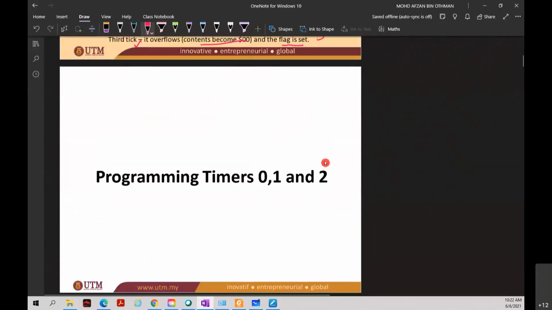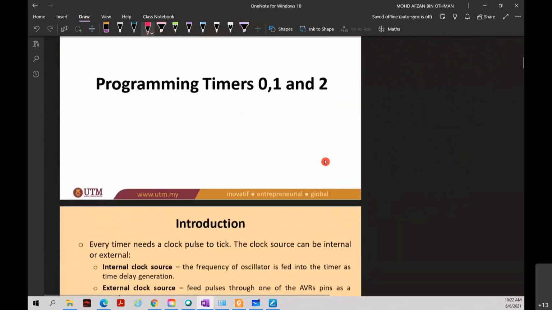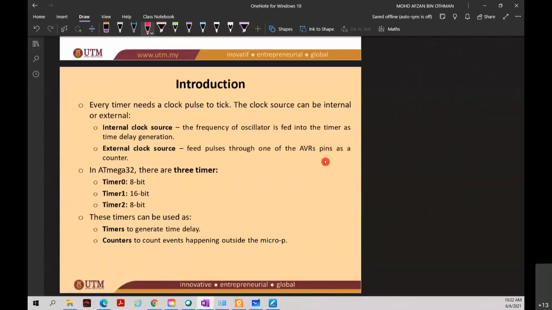Now you're going to see how to do the programming for timer 0, 1, and 2. Before that, let's look at the introduction on the programming of timers 1, 0, and 2. Every timer needs a clock pass to tick. So every time you use a timer to generate a delay, you need to have a clock pass. This clock pass will increase your counter register. The clock source can be either an internal clock source or an external clock source. You have two clock sources: either an internal clock source or an external clock source, which is a clock given